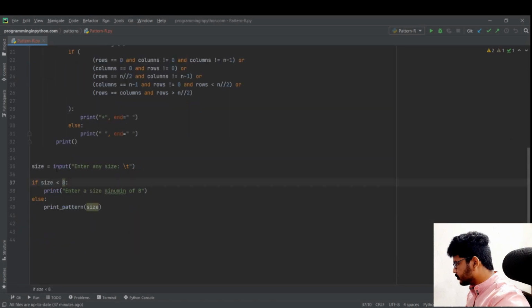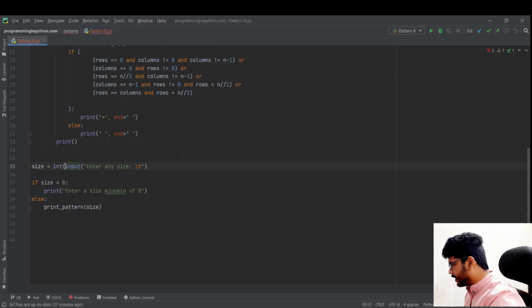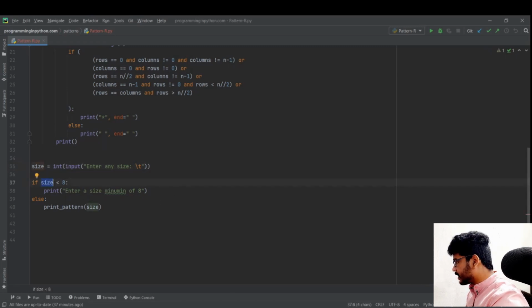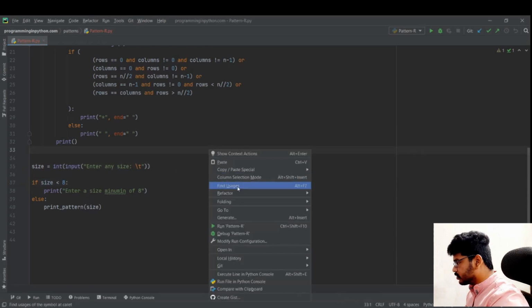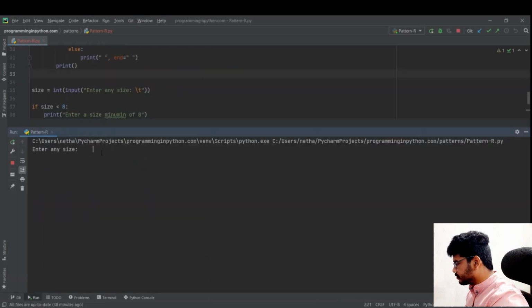Okay, I think this should also be cast to integer, otherwise we might get an error, because it will only need to take integers, and also we are comparing size with a number, so it should be an integer. So let me run this. I'll give 12. You see, we can see our R, and if you see 8, this is the smaller R. You can see this looks perfect for me. So this is the R we want to print.